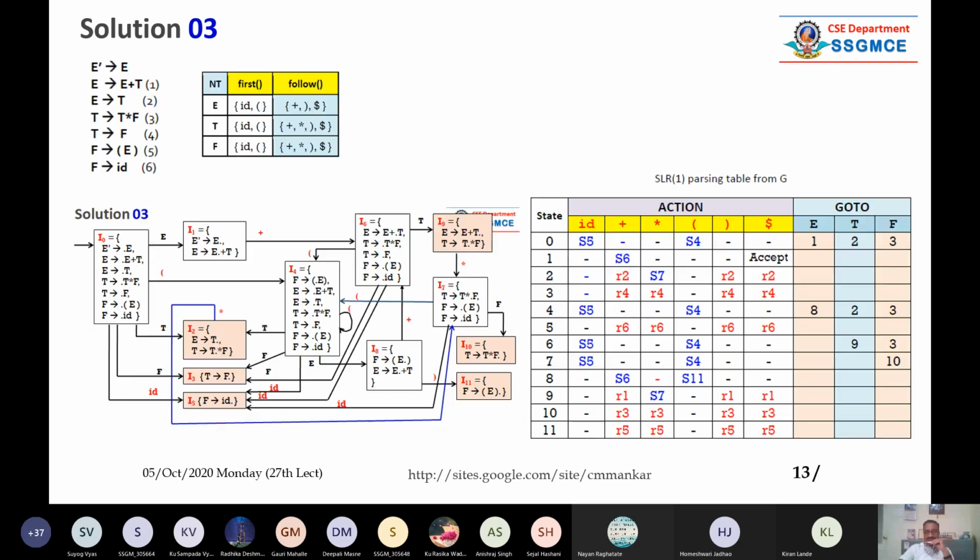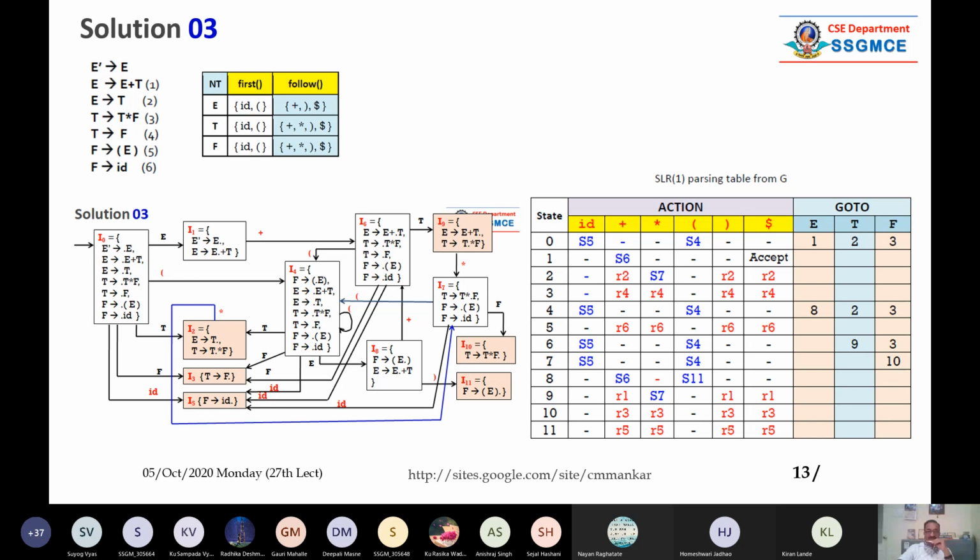So let us see this. Now, I know that you might not be able to see it clearly, but it will help you. So shaded portion is there. You know what is the number? I2, I3, I5, I8, I10, and I11.